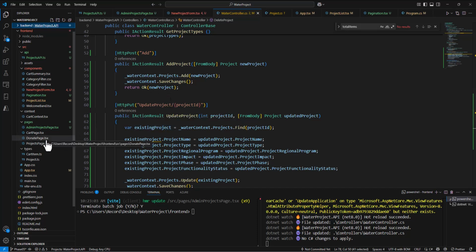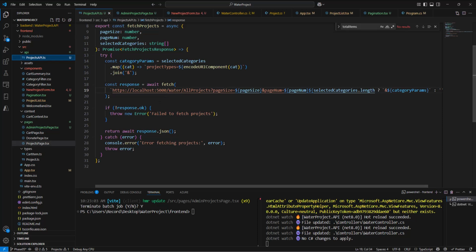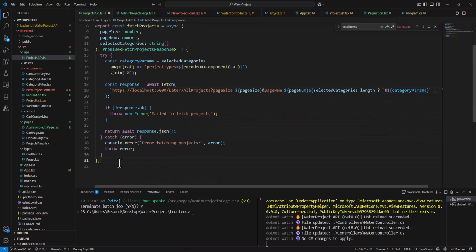We need to set it up, right? And we've set up a file now, in the API directory, called Projects API. It's got here a function to go in and fetch projects. So now we could just build it right in the form as well, but because we've already set up this API folder with this projects API that has to do with projects generally anyway, we can just come in here and set up a new